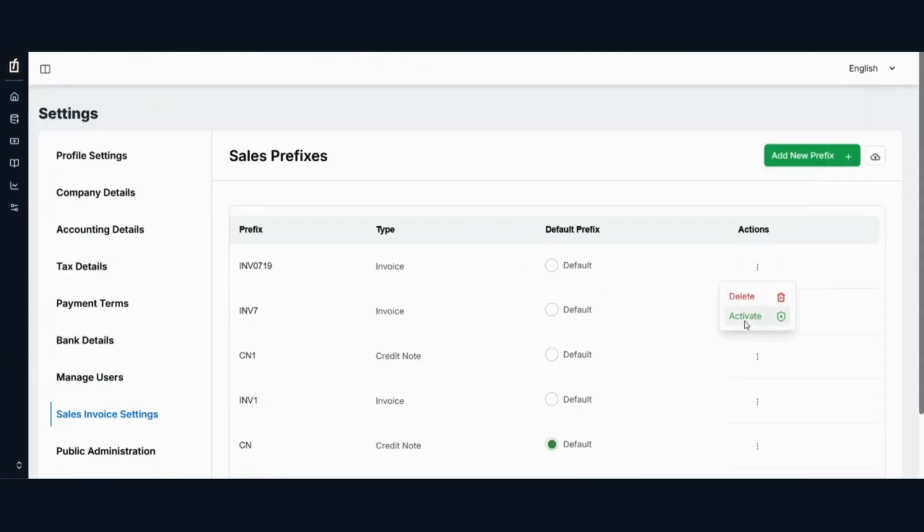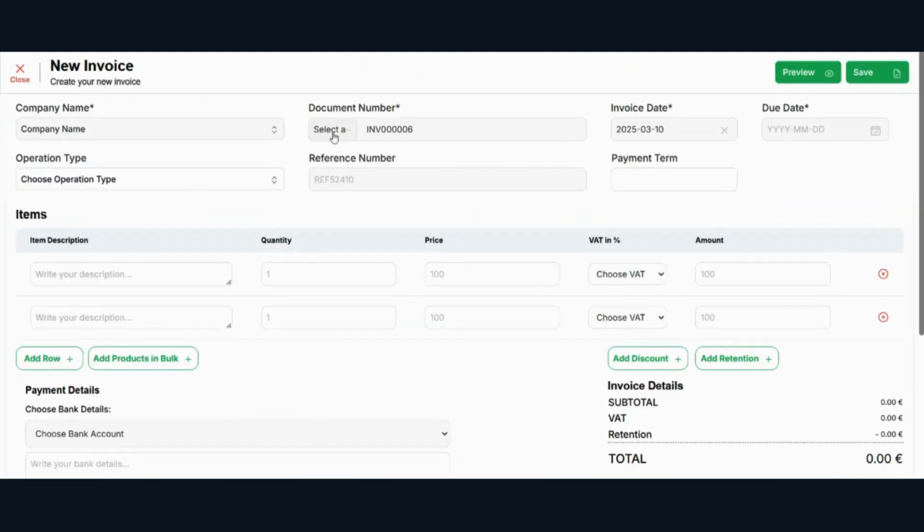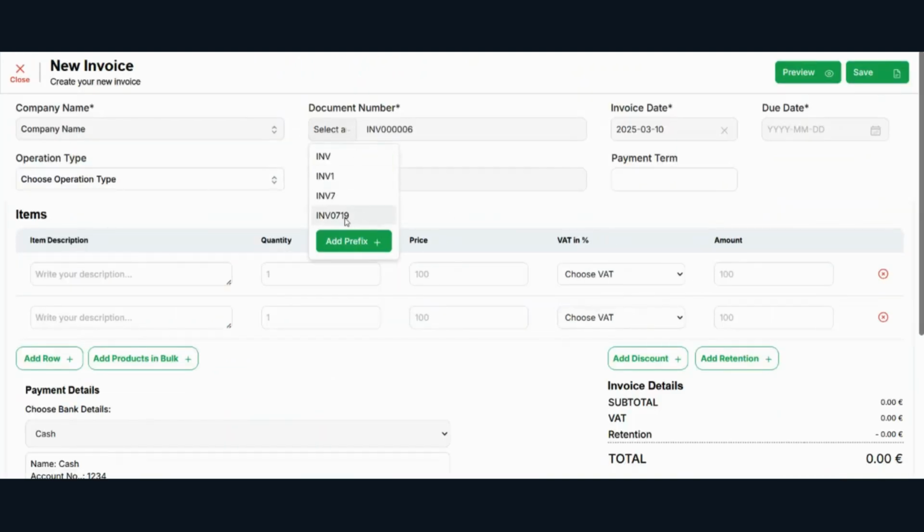Now if we add this into activate, see this, again it was activated. So simply you get these two options, activate and deactivate. If you deactivate any prefix, then it is present in your setting list, but not present on the main create new invoice page.